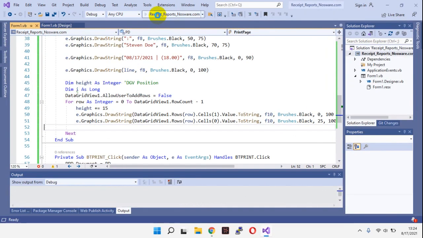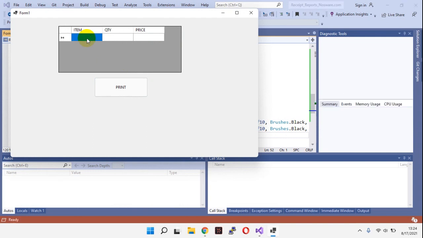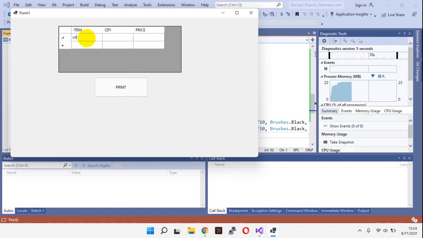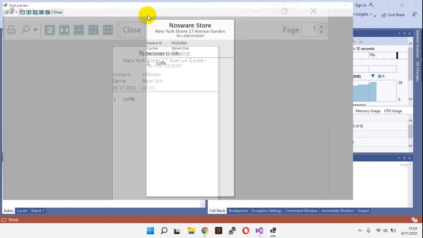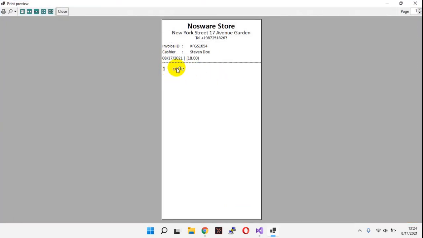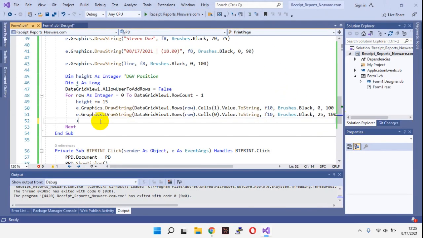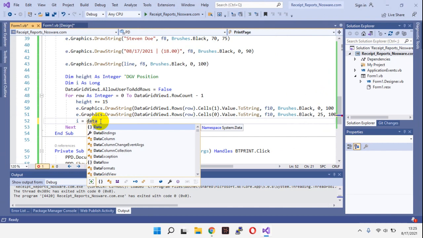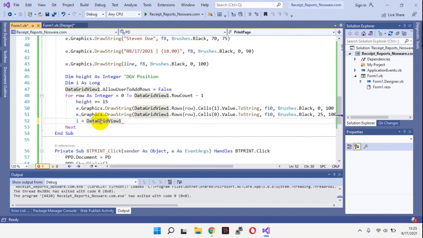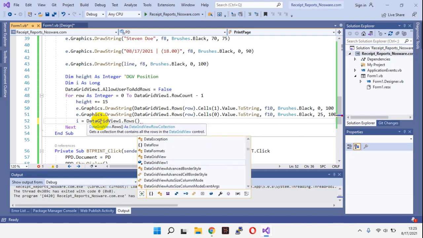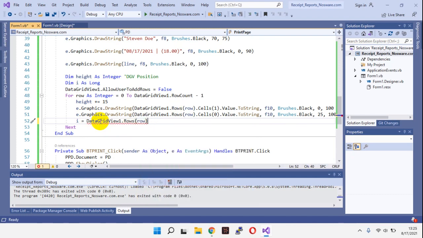We need to reload again. Okay, the quantity is the item name, and the price for I in here equal to data grid view 1 dot rows, the row in here on cells 2, because the price is on the index 2